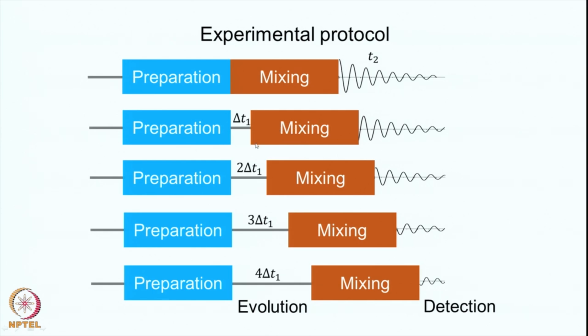The spin system transfers information from one spin to another, and then the data is collected here as a function of time. Notice the initial condition of this FID is not the same as the initial condition of this FID, and this is because of the mixing. And what has happened during the delta T1 period? The magnetization has evolved. If it is a transverse magnetization here, it evolved for a time delta T1, and then you do a mixing and you collect the data here as a function of time T2.